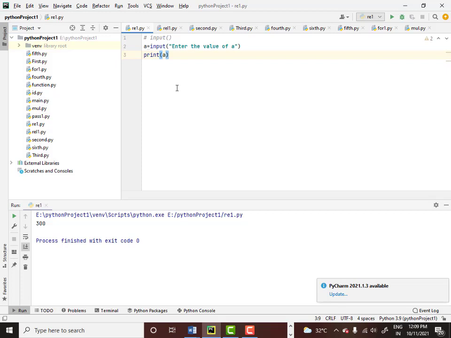Let's see what happens when I run this program. In the console it is telling me enter the value of a, and I can place my cursor after a. It is waiting for an input. Let's say I input the value as 90. When I input 90, it says the value of a is 90.